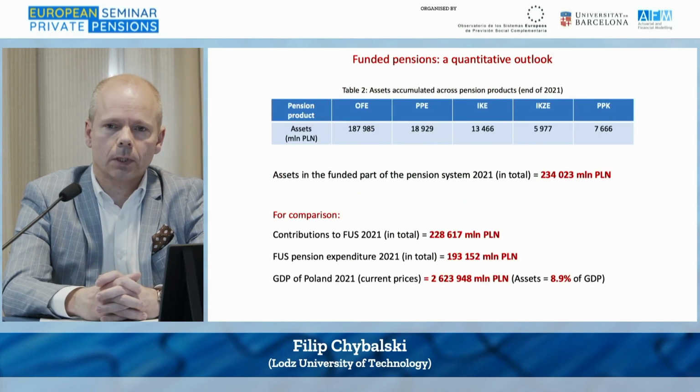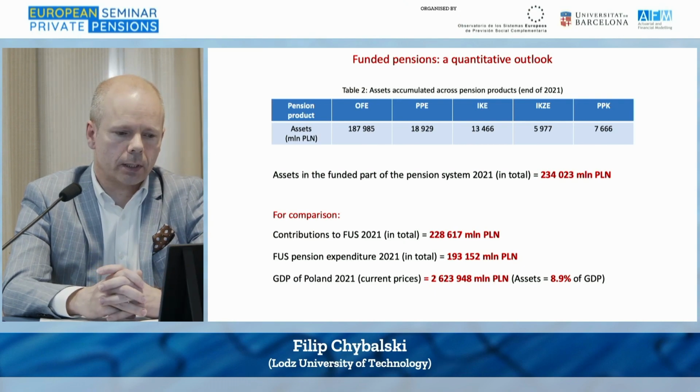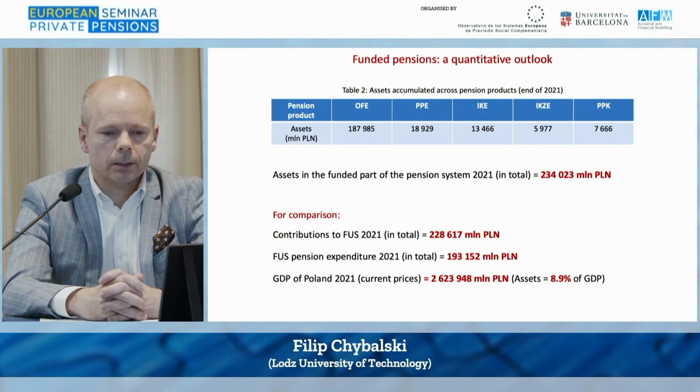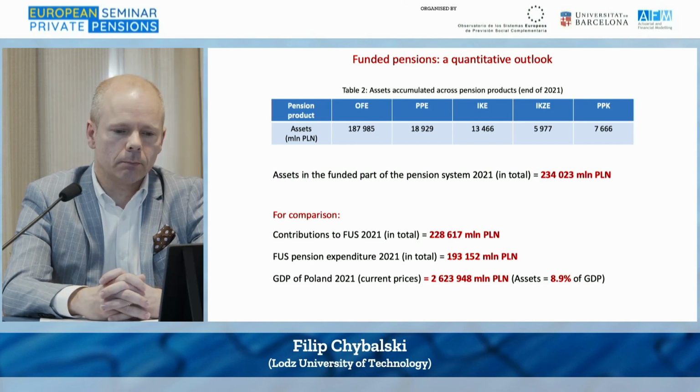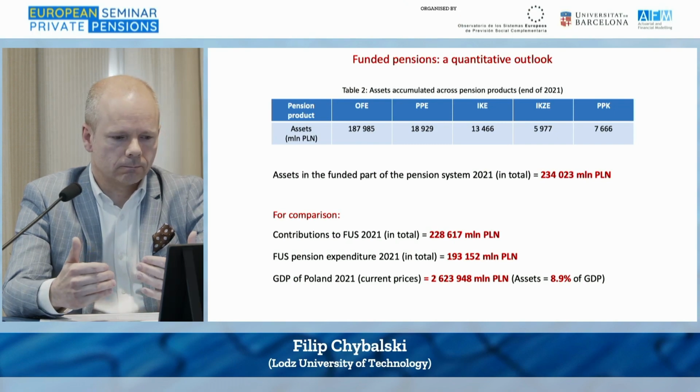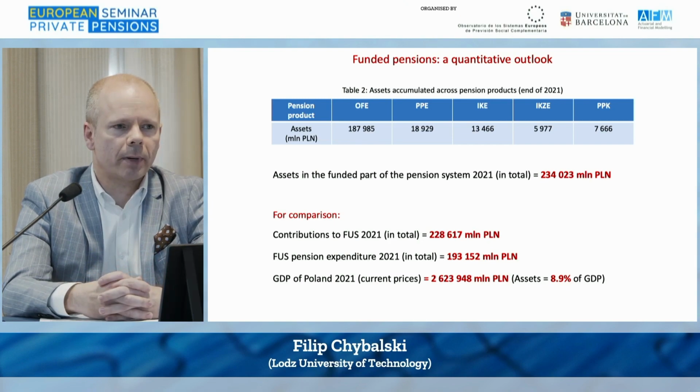A quantitative outlook. These are assets in the funded part of the Polish pension system, starting from open pension funds, OFE, and ending with PPK. So in total, we have over 2 billion złotych in these voluntary pension products. And let's take some referential points. Contributions to the pay-go system, paid yearly,